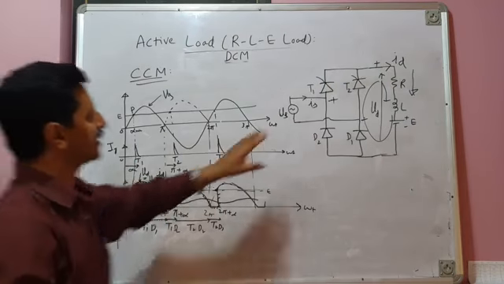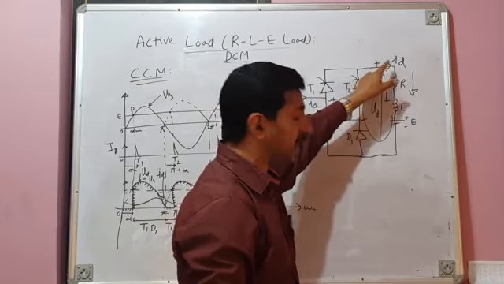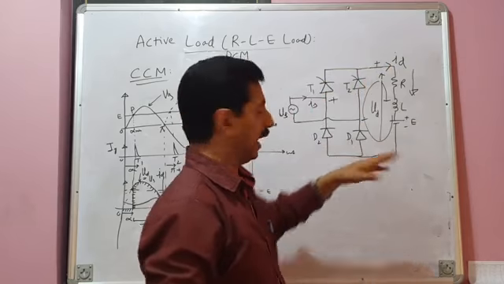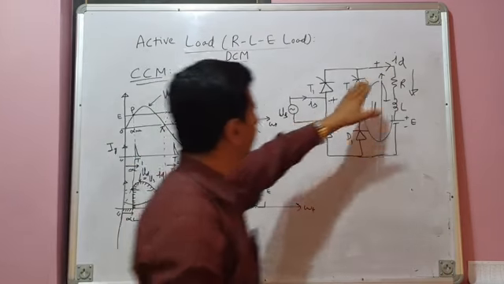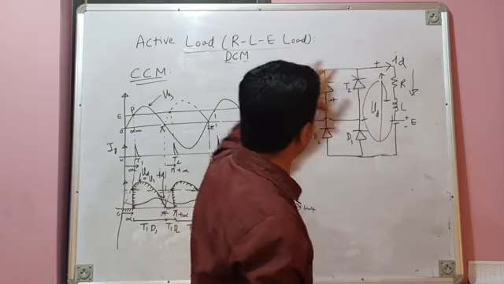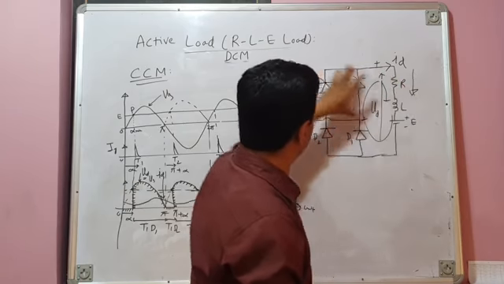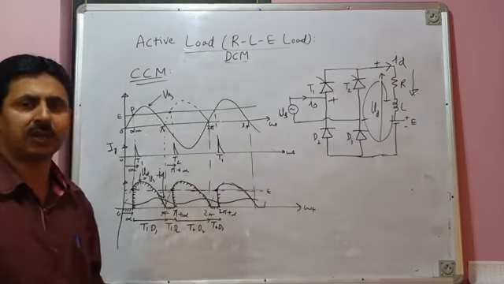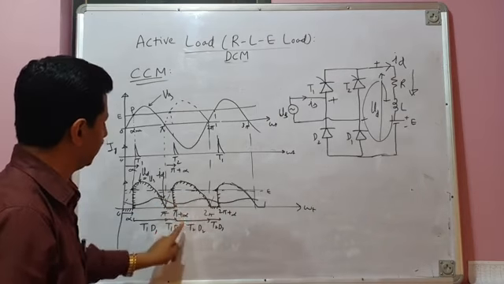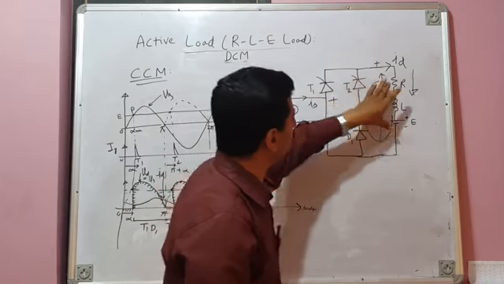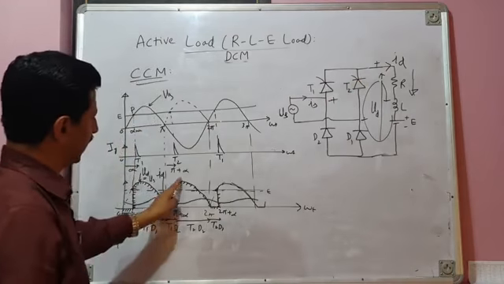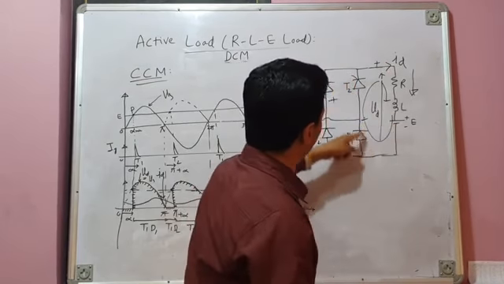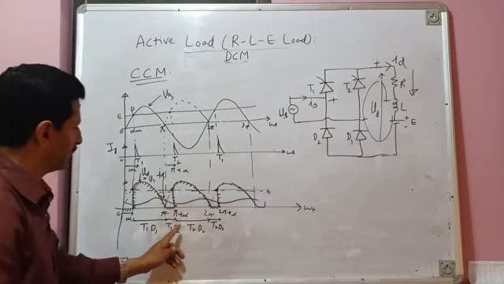And from pi to pi plus alpha, load current is still flowing, but load current is freewheeling through T1 and D2. And through this entire interval from pi to pi plus alpha, freewheeling action takes place. And what is load voltage? Load voltage is again not equal to E. Your load is short circuited by this pair of devices and load voltage is 0. So E does not appear anywhere. And then starts the next firing, T2, D2. When the T2, D2 pair is conducting, load again gets connected to source. So load voltage is again equal to positive source voltage. And then freewheeling takes place through T2, D1, and load voltage again through the freewheeling path becomes 0.